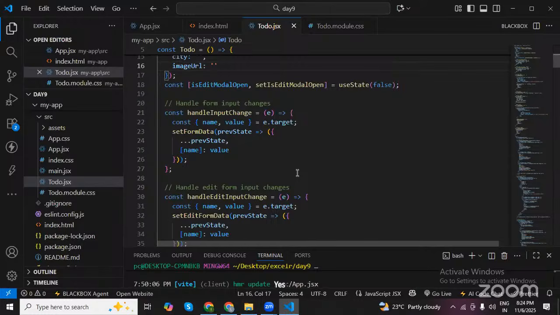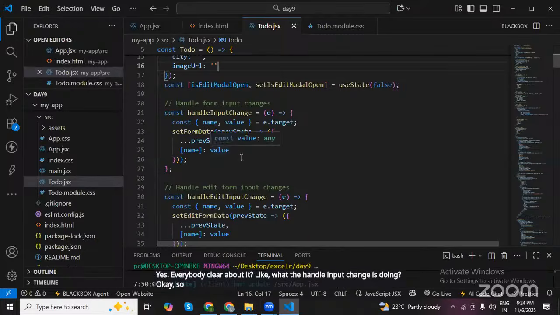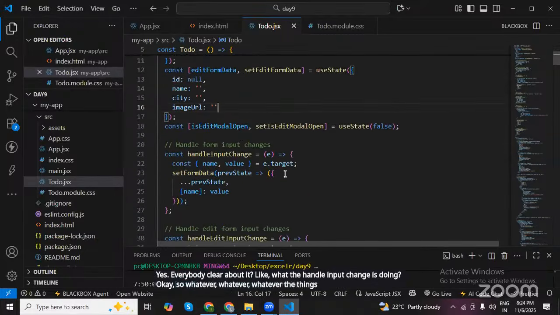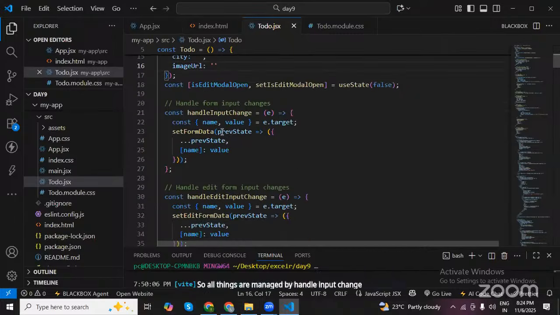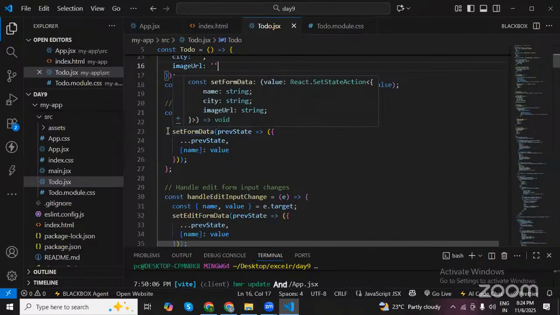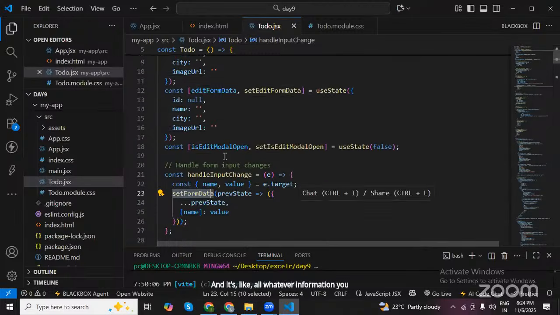Yes. Everybody clear about it? Like what the handle input change is doing? Okay. So whatever you are putting in your form, all of it is managed by handle input change. Whatever you are sending, your name, value, everything, is managed by the handle input change, where all the information you are getting is set to the set form,